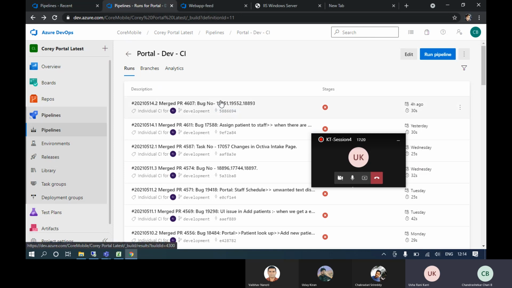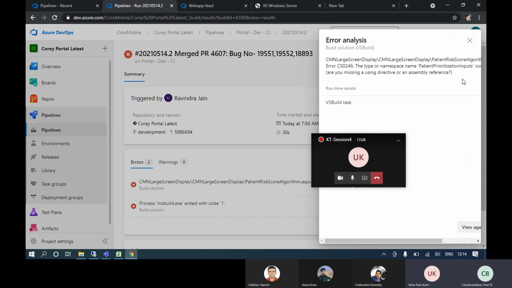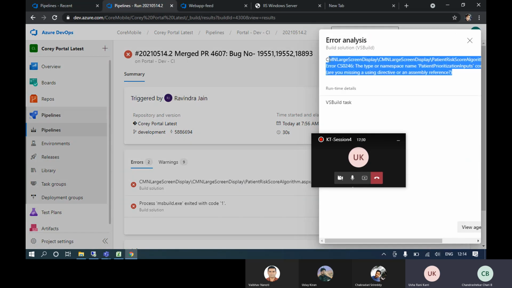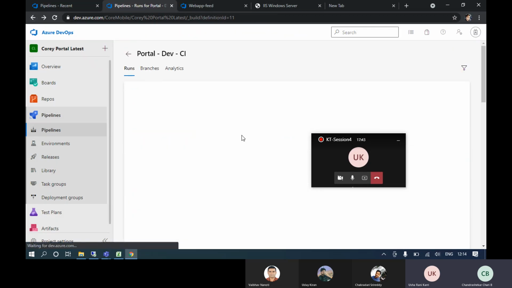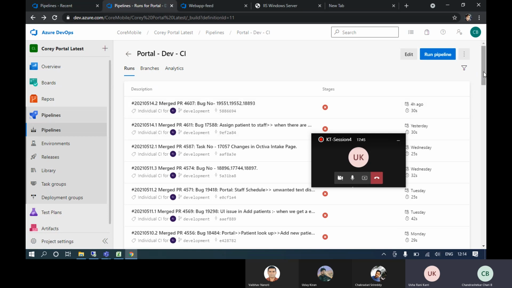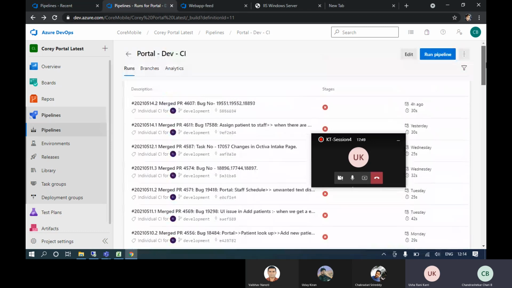Okay. So we need to go and see what the issue is. If it is our side issue, we need to clear it. If it is a developer issue, we need to copy this and send it to them as a mail, saying this pipeline is failing because this namespace, like the patient period namespace, is not available, and they will manage it in code. So it is failing only because of that, so it is not our job. Whose job it is, they should take care.